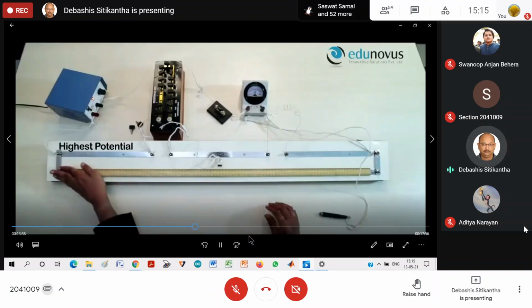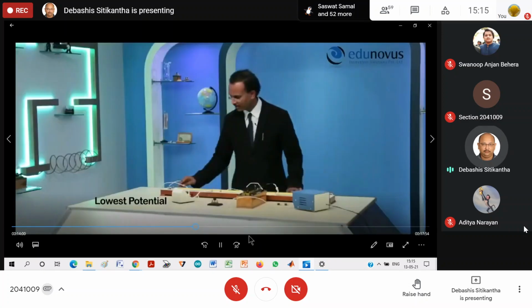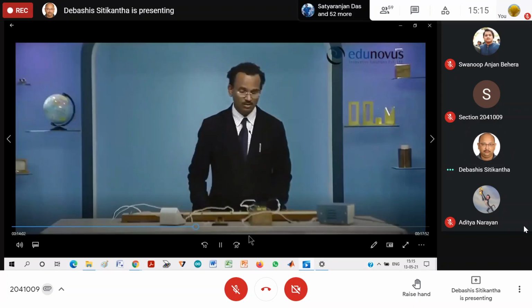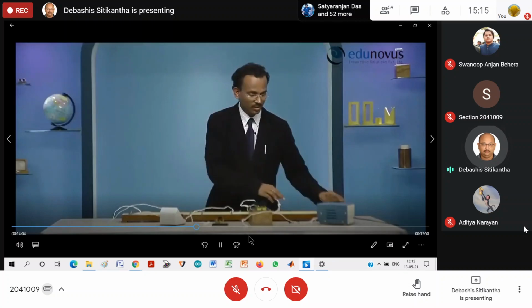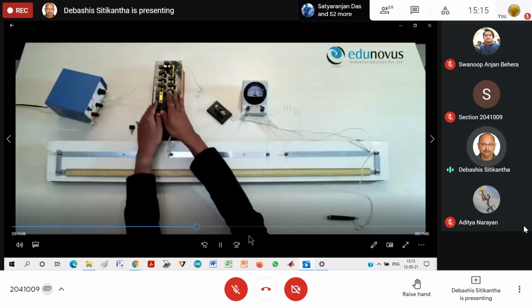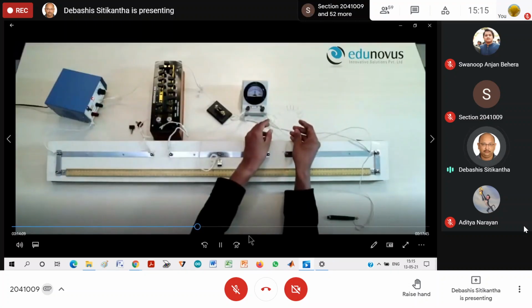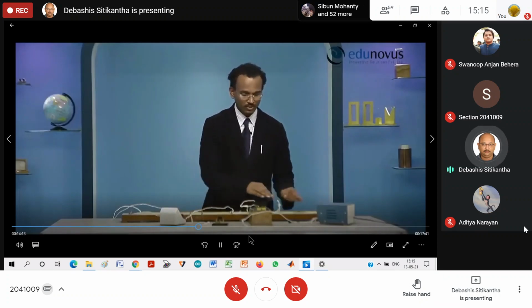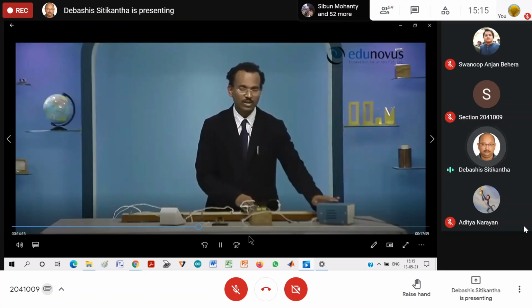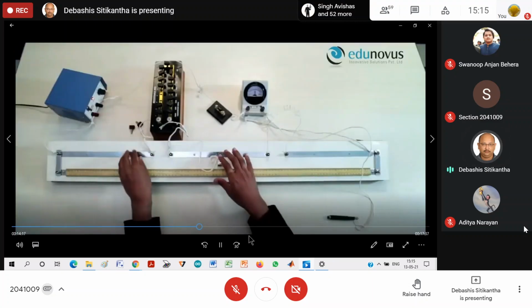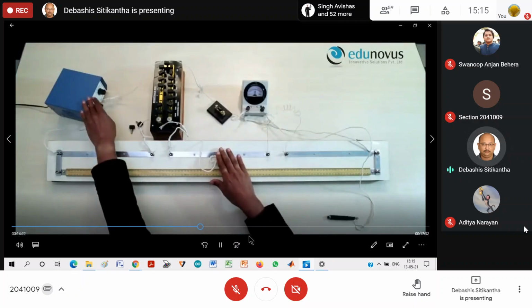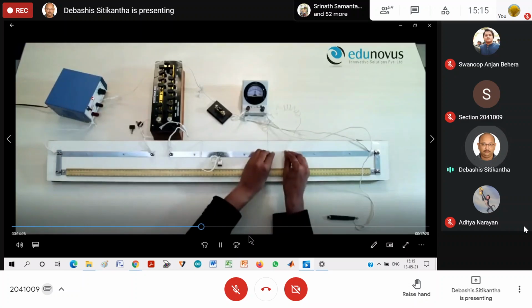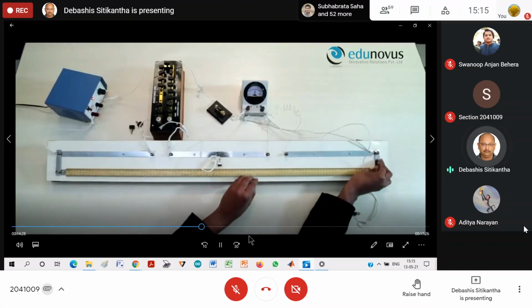This end will be highest potential and this end will be the lowest potential. Now, simultaneously, potential is also dropped across this resistance box and across this unknown resistance. Because of this 7 ohm, some potential is dropped out of whatever potential was supplied by this battery eliminator. And so, this middle of the strip will be at a lower potential than 2 volts. Right now, this battery eliminator is providing 2 volts. And the rest of the potential is dropped across this unknown resistance. So, this end will be at 0 volts.